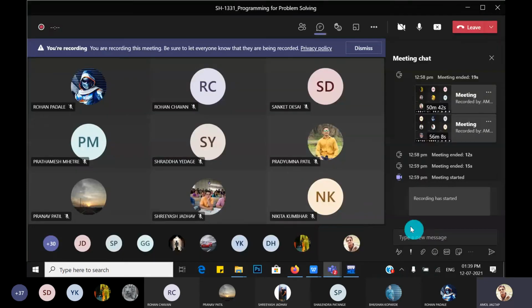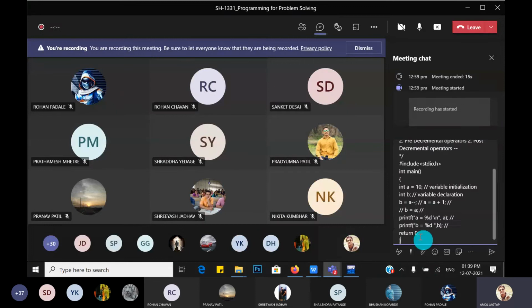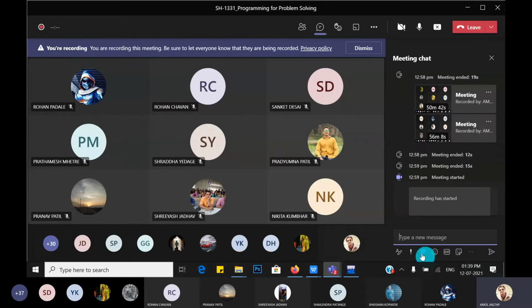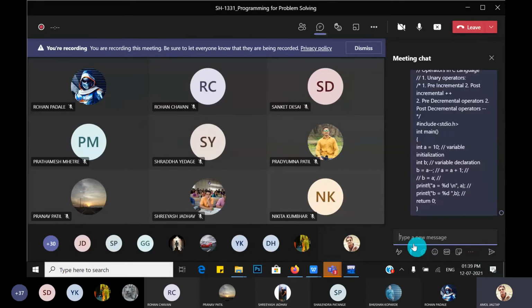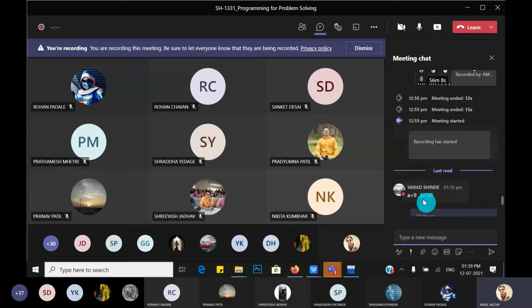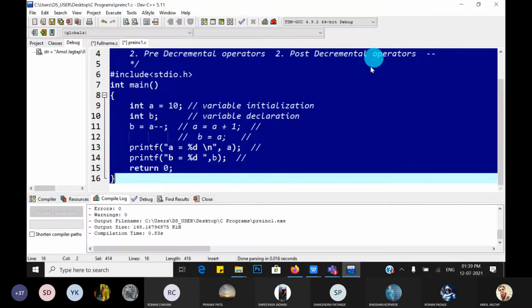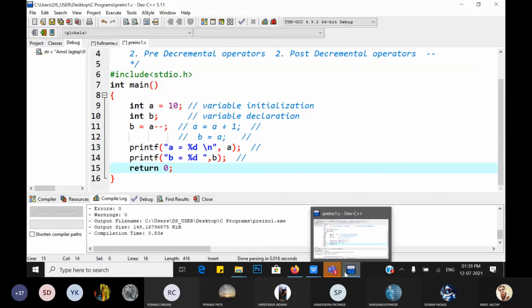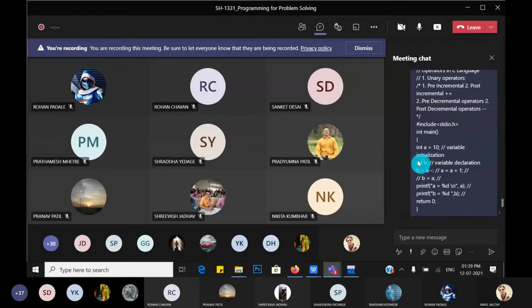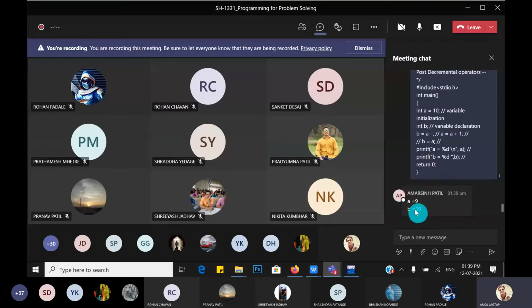I will share the code and write out your output in the chat window. So first is A is equal to 9, B is equal to 10. Yes, anything else? Yes, A is equal to 9, B is equal to 10.